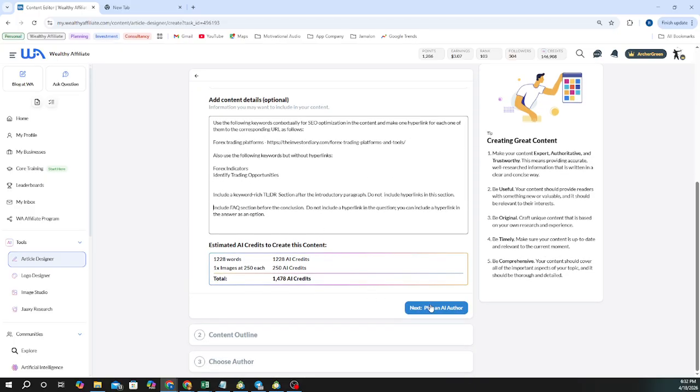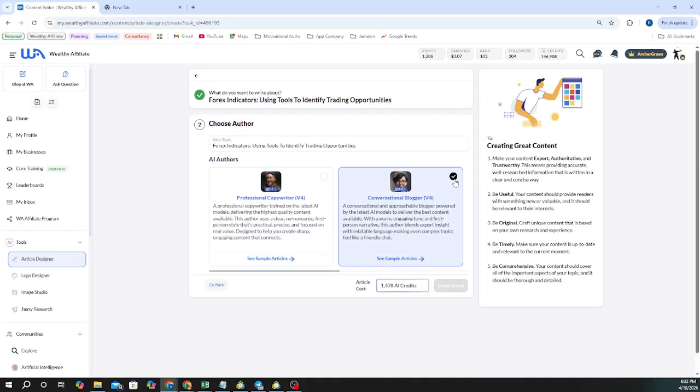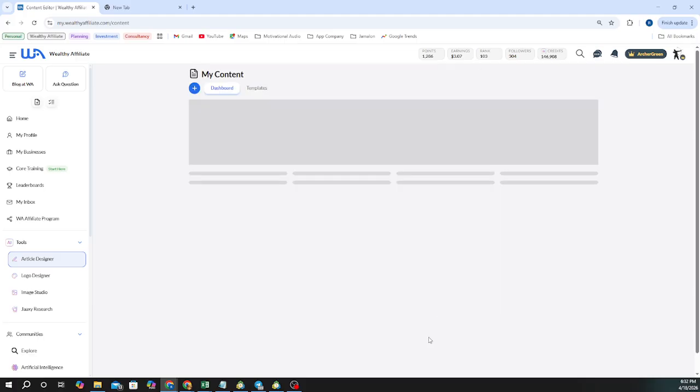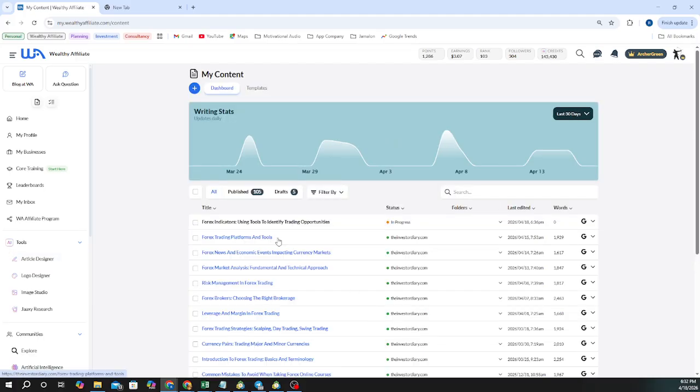Yes. So next, let's pick an author. I always choose the conversational. Then we go and create the article. Now, at the time that the article is in progress and going forward, the next thing that I have is choosing